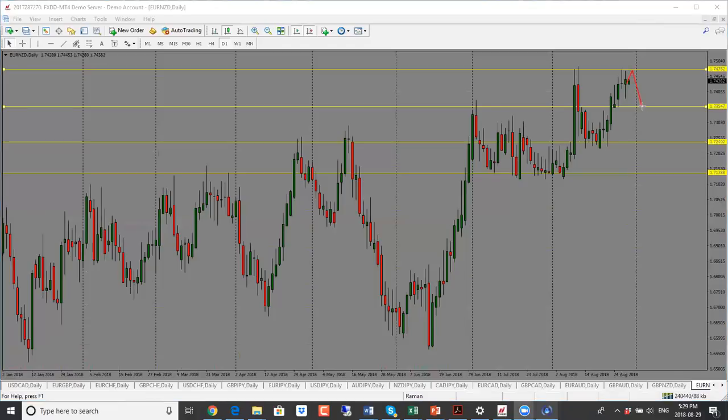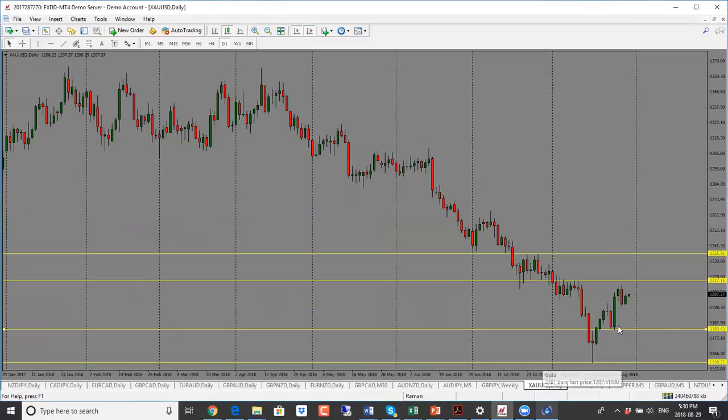And if New Zealand dollar news comes out negative, then it can break through the resistance here. So those are the couple of factors to watch out for. Overall, just from a technical perspective, my bias would be neutral to bearish, and I would look for the 1.7350 level here. And let's move on to gold.